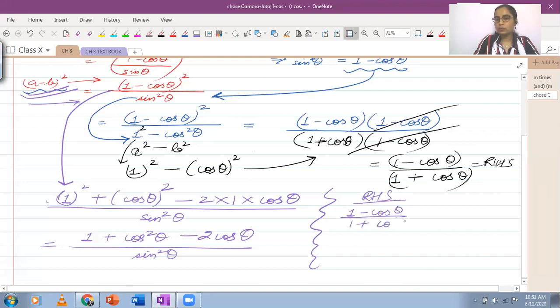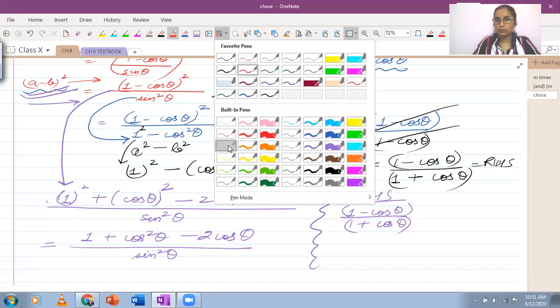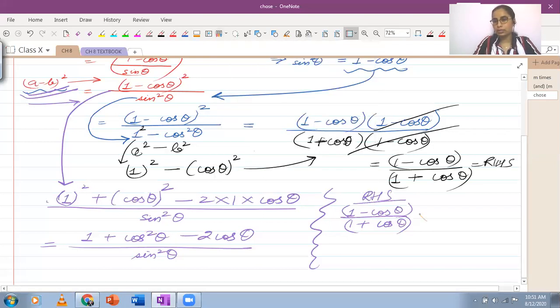And I will suggest when you have expressions of this sort, where you have same values added, subtracted, ऊपर नीचे हो सकती हैं, हो सकता है addition ऊपर हो, subtraction नीचे हो. जब इस तरह का आपके पास expression है, same values, here we have 1 and cos theta, ऊपर subtraction हो रही है और नीचे addition हो रही है. Simplify it the way you would rationalize, जैसे rationalization करते हैं.